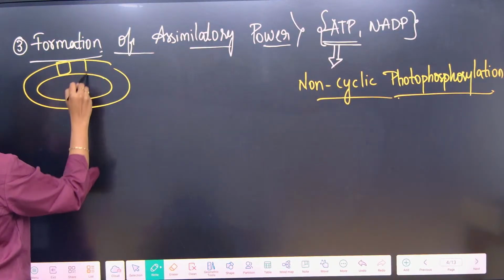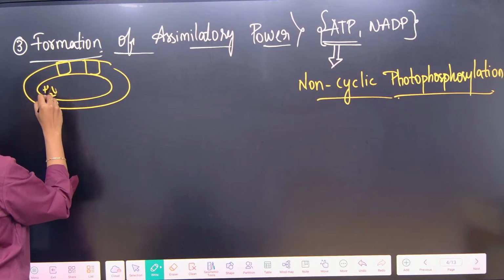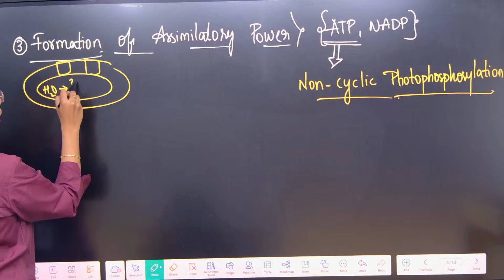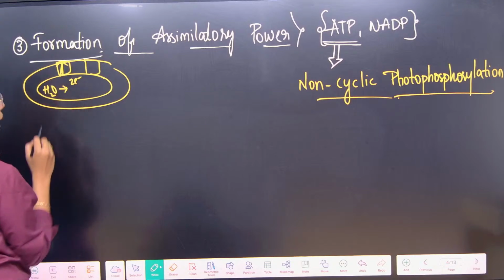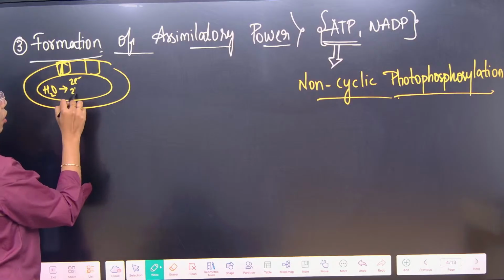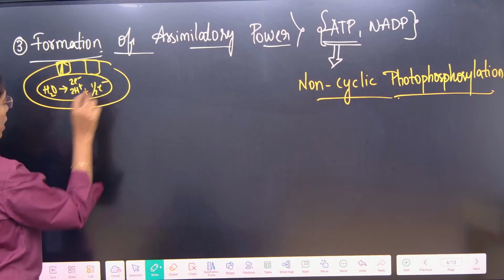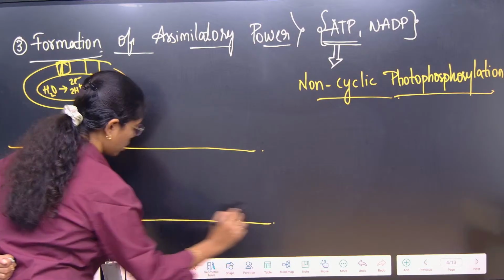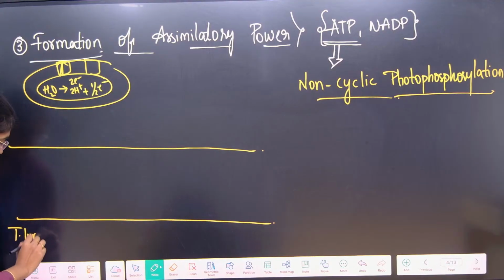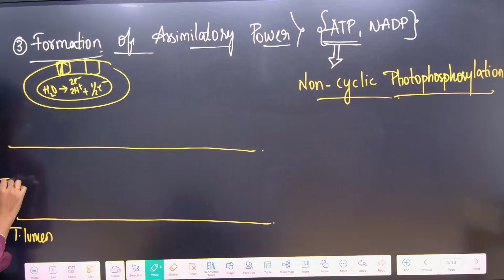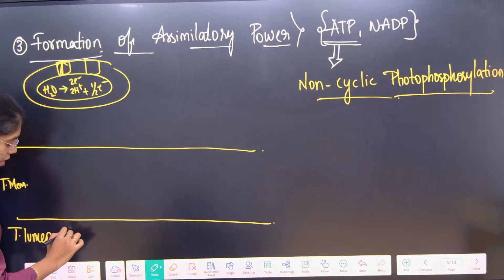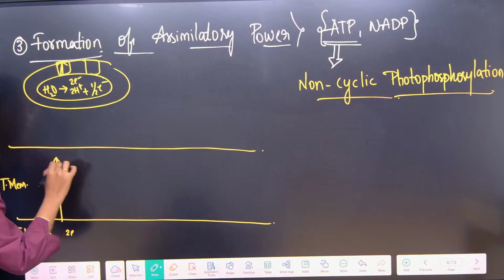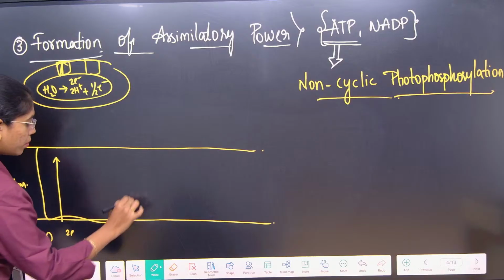So, here we have understood that over the thylakoid membrane photosystems are present and inside the lumen the water molecule is split. Now, here electrons get excited in the photosystems. How these electrons are excited, we are learning here. Assume this as thylakoid lumen and this is thylakoid membrane. First, electrons get excited to the reaction center of photosystem 2,